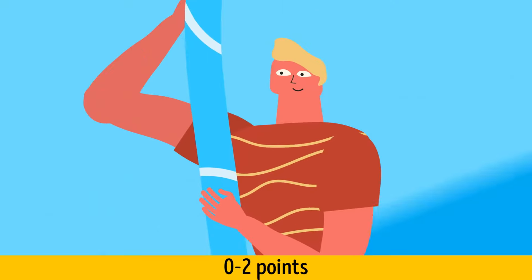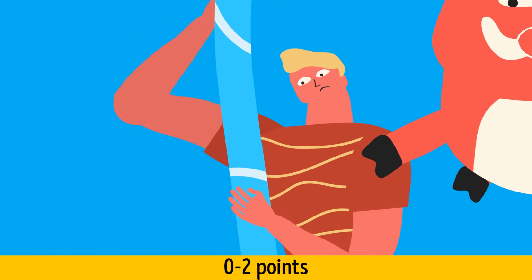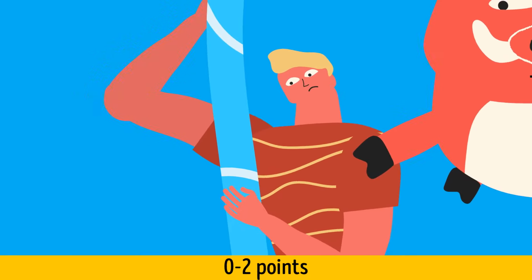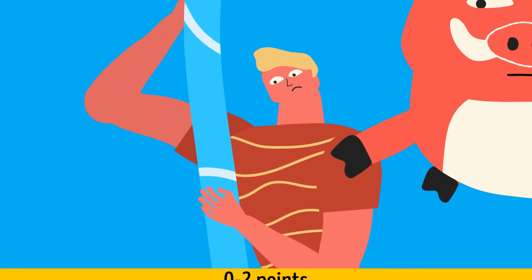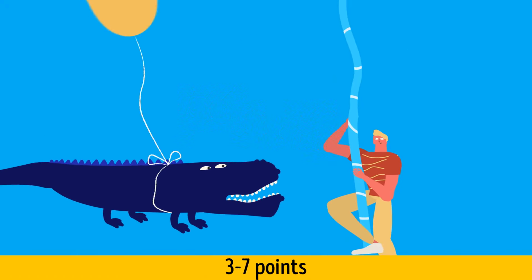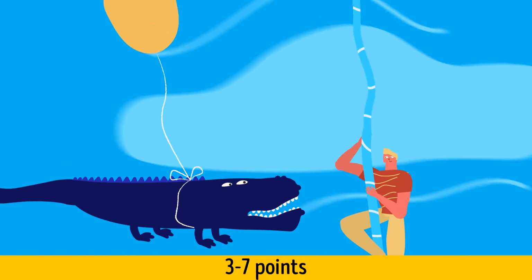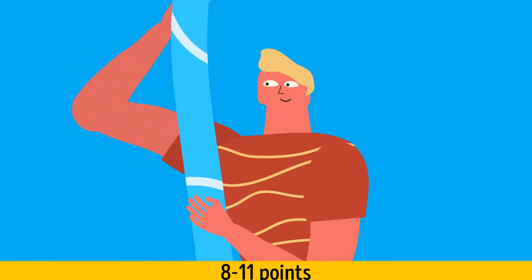0 to 2 points, you're nothing but prey for wild animals. But after this video, your chances of survival increase. 3 to 7 points, not every animal will dare to come at you, but you still need to be careful. 8 to 11 points,